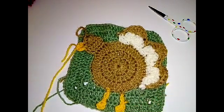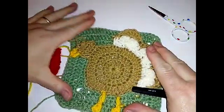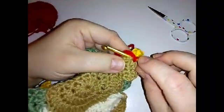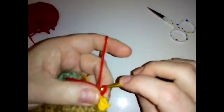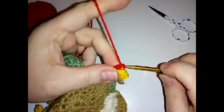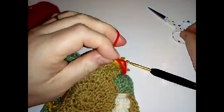And the only thing left to do now is his wattle. So I'm going to use some red for that. You could use pink if you haven't got red, or use some artistic license on whatever colour you do have. And we're going to make his little wattle now. Okay, so I'm just joining my red into the very same stitch that I finished the beak in, and just join that red yarn into there. And then we are simply going to just chain 3 and fasten off, and that is all there is to